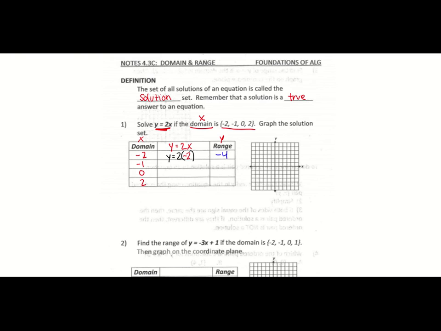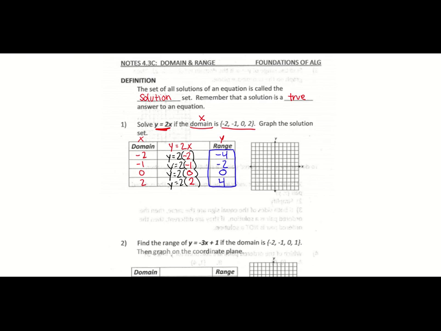So I'm going to do that for each number in my domain. Y equals 2 times -1, and 2 times -1 gives me -2. Y equals 2 times 0. 2 times 0 gives me 0. And then 2 times 2, which gives me 4. So now I have all my range points. Now that I have my domain and my range, I can graph